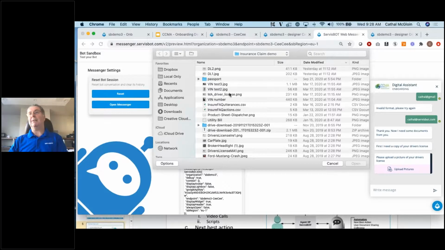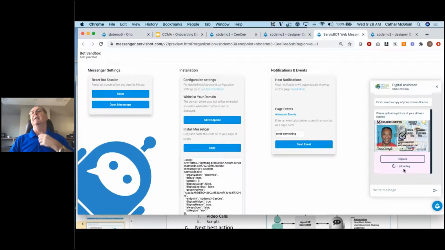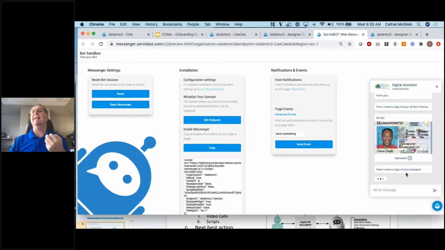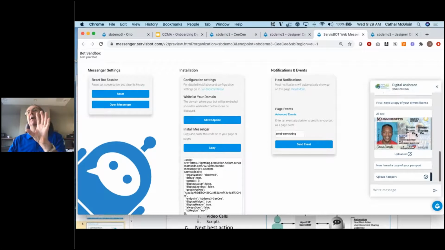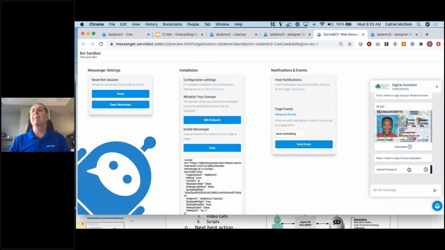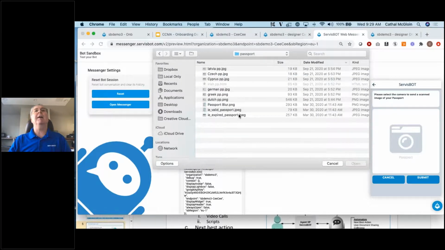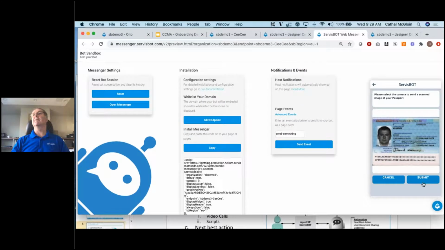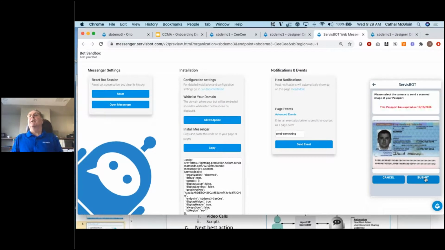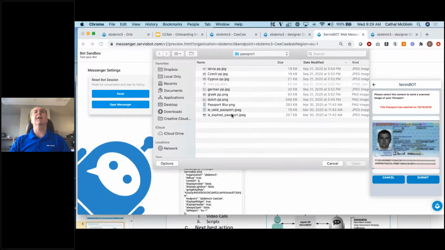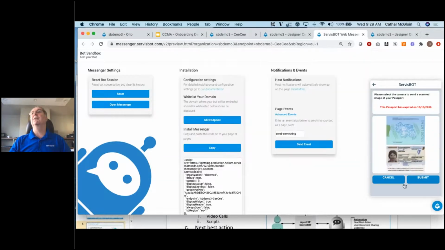So let's give them my Massachusetts driver's license, and you'll see this again. If this is on the phone, it's going to interact with the phone, it's going to engage the camera, and it's capturing that information. Now, this is the interesting part. Not only can we capture information, but we can actually test that information. So now it wants to copy my passport. So let me give it an expired passport picture. And lo and behold, it has read the passport, and it has decided that the passport is expired. So not only can we collect documents, we can validate those documents to make sure that they're actually the correct documents. And if I give it a valid passport picture and submit,